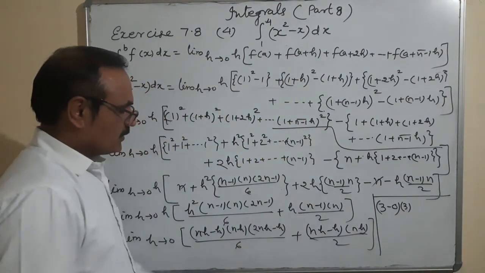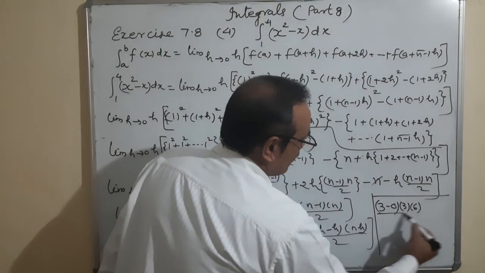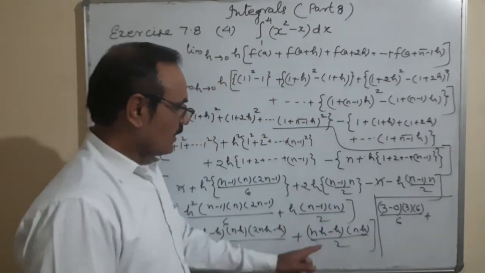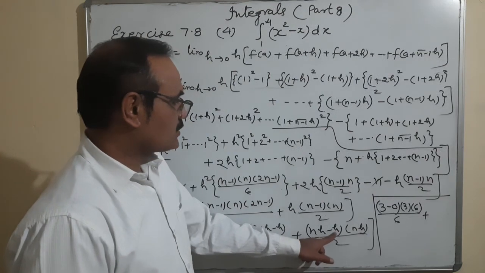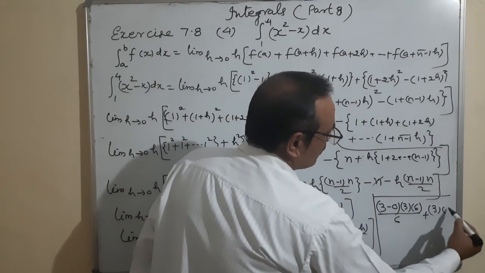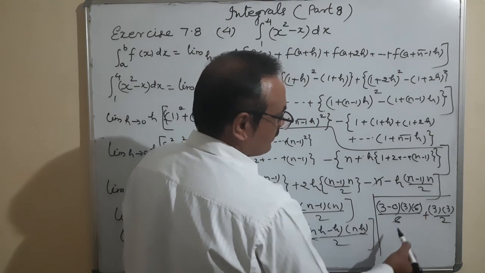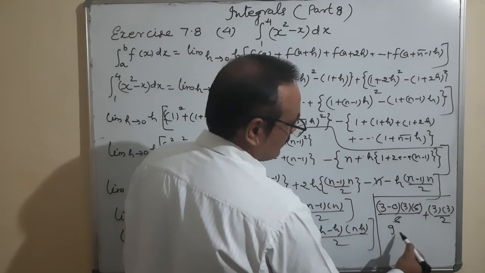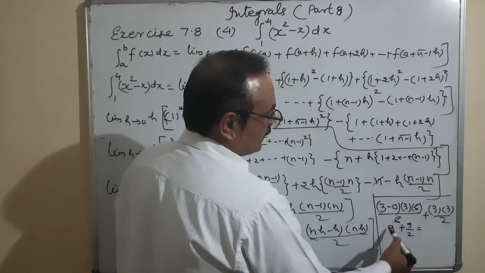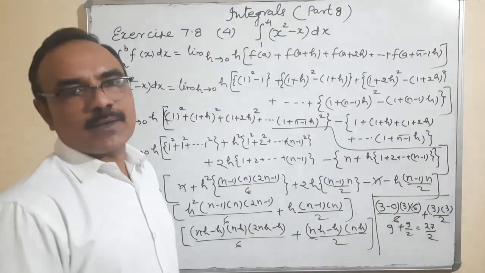This is 2nh: 2 multiplied by 3, 6, minus 0, that is 6 upon 6, plus nh: (3 minus 0) multiplied by 3, so 3 into 3 upon 2. Okay, final result: this 6 is cancelled. 3 threes are 9 plus 9 upon 2. 18 plus 9, 27 upon 2. So its answer is 27 upon 2.